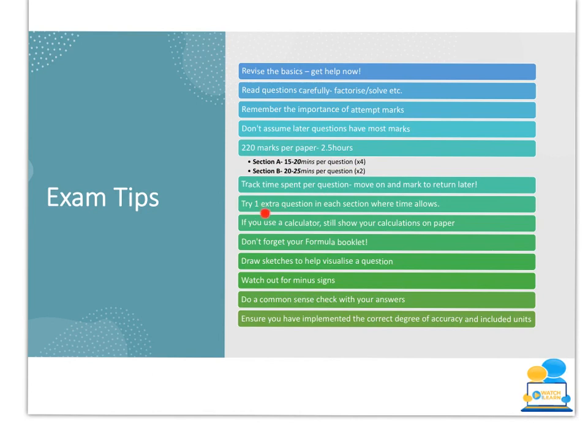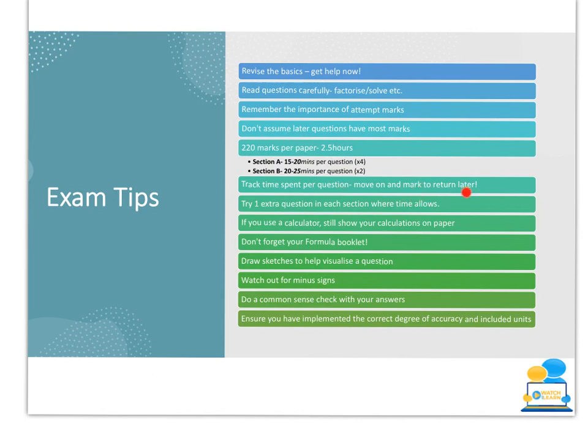while I'm suggesting here to try and maybe get an extra question in each section, if you keep to these timings, you should have time, roughly speaking, to complete 1 more section A and 1 more section B question, and that should allow you to have a few minutes to read through the paper at the start as well. But just make sure that if you do end up spending a lot of time on 1 or 2 of your questions, that you're not then jumping in to try and complete another question when you maybe should be using those 10 or 15 minutes to go back and finish off a few of the questions that you